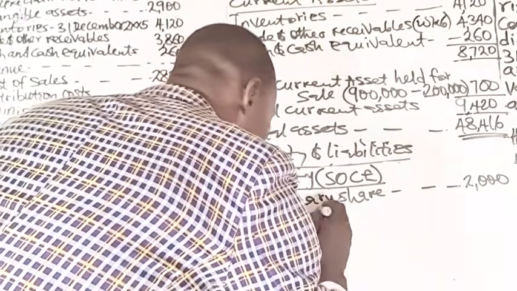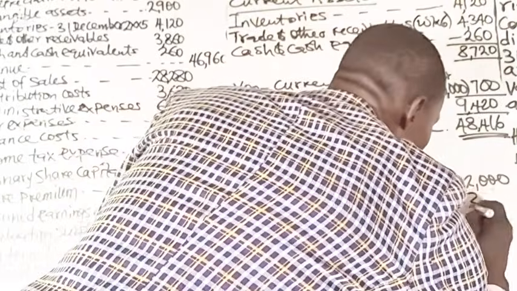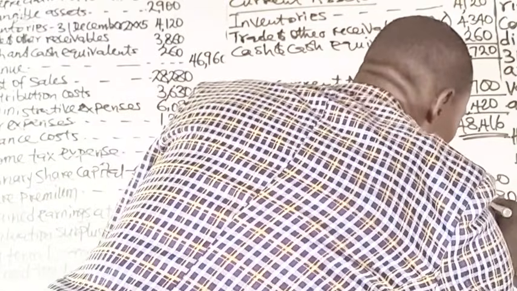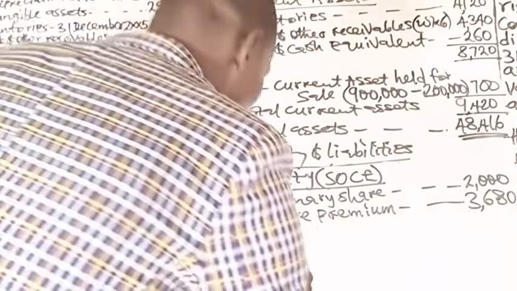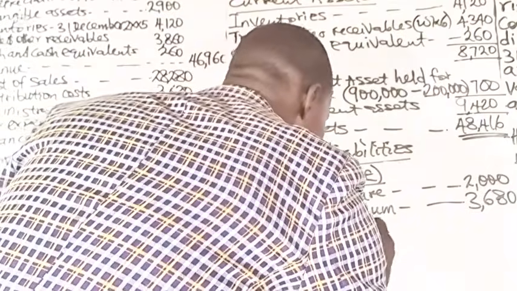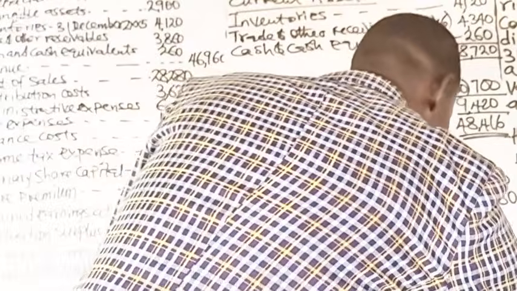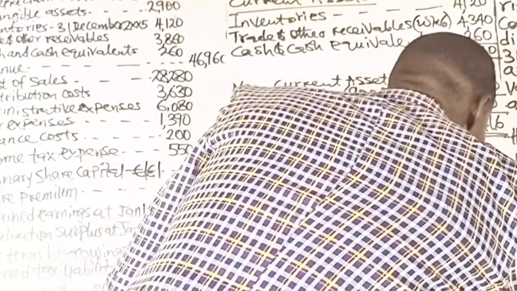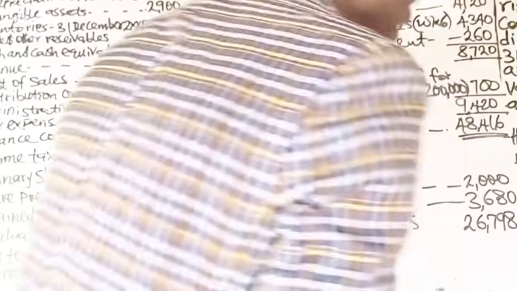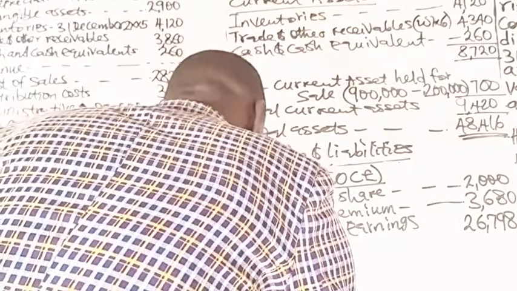Then retained earnings of 26,798 was obtained. Then we also have revaluation reserve